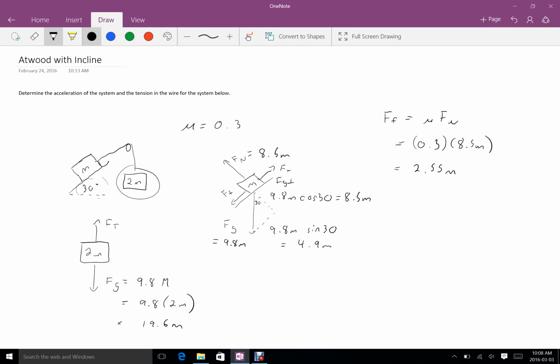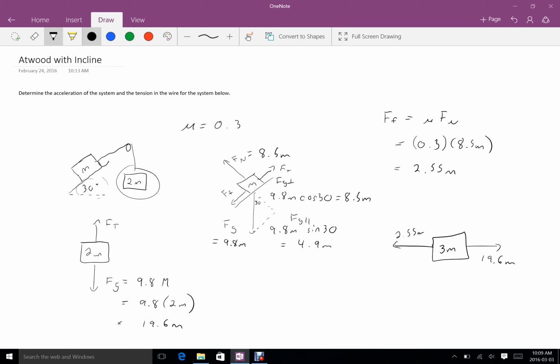Again, I'm not paying too careful attention to my negatives or positives for direction, because what I'm going to do now is I'm going to treat the object as a whole. If this is m and this is 2m, then the whole thing would weigh 3m. And what I can imagine then is that the 2m hanging weight is pulling it in one direction, and the force of friction and the parallel component of this force of gravity are working the other direction to slow it down. So I've got 19.6 m pulling it this way,